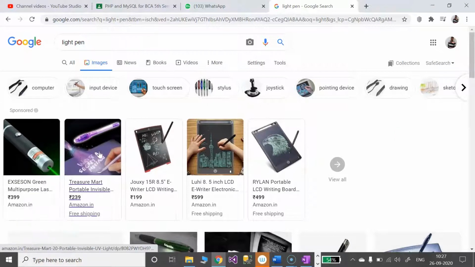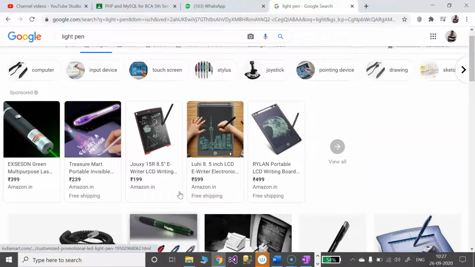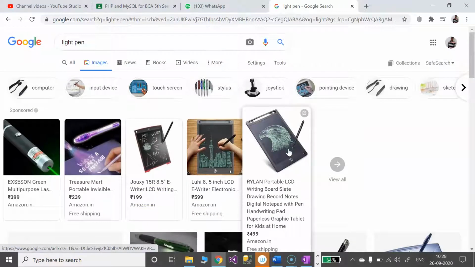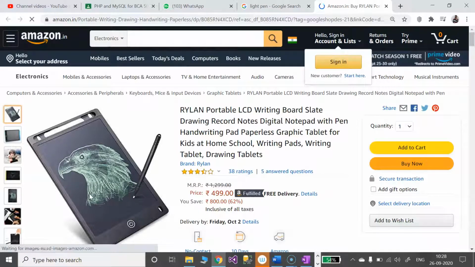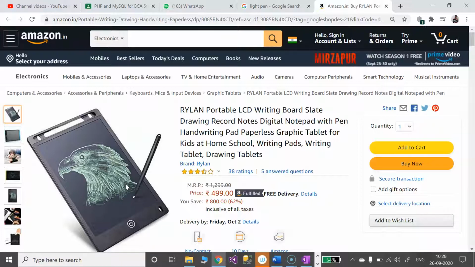We may use a light pen for the purpose of drawing. We may call some light pens a stylus. Usually the combo comes, I mean to say the smart tablet along with that light pen.